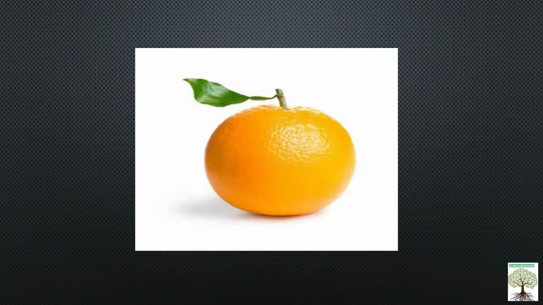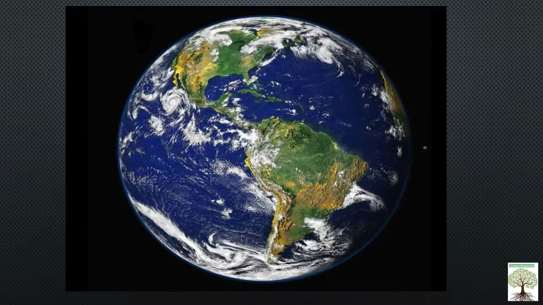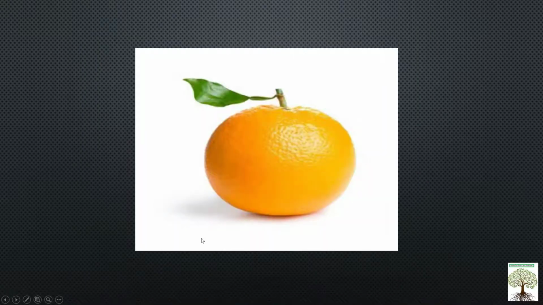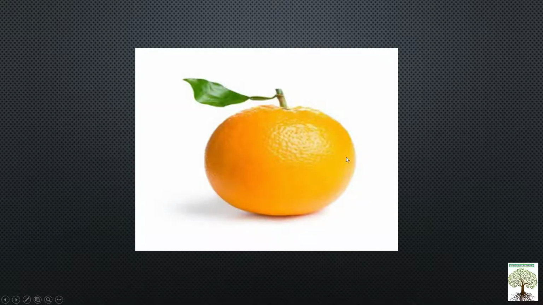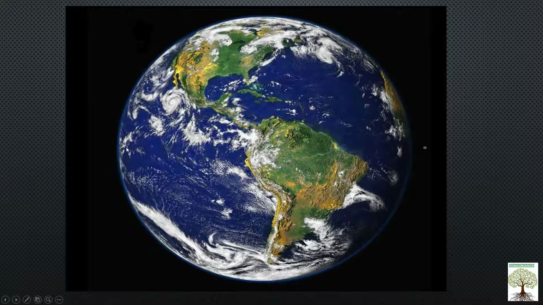The earth is also flattened, or you can say squeezed down at the poles. So this is called the North Pole and this is called the South Pole. So it is a little bit flattened at these poles. And yes, again, here at the center of the orange there is a bulge, right? Bulge at the center. So same like an orange, the earth also has a bulge at the center of the earth.